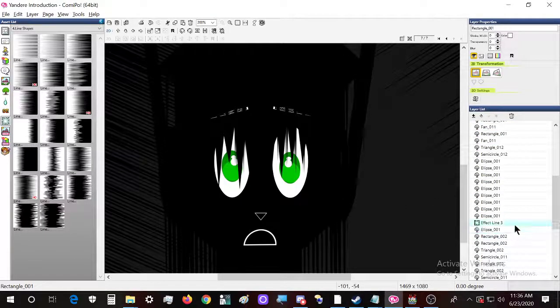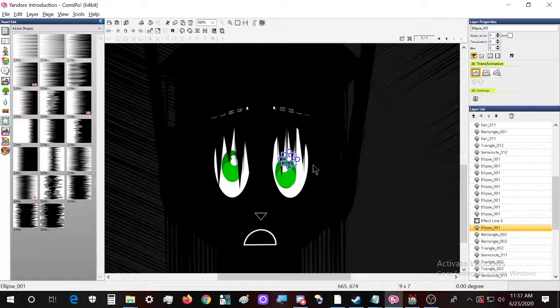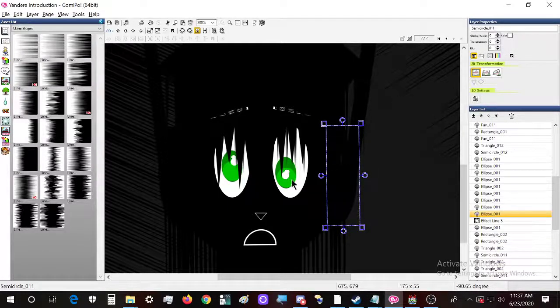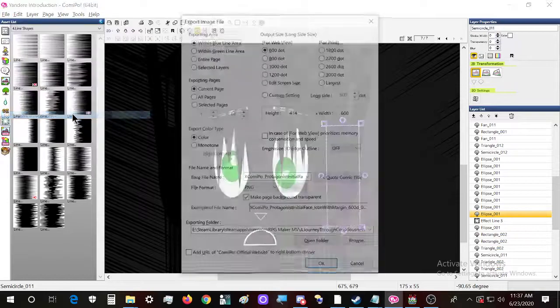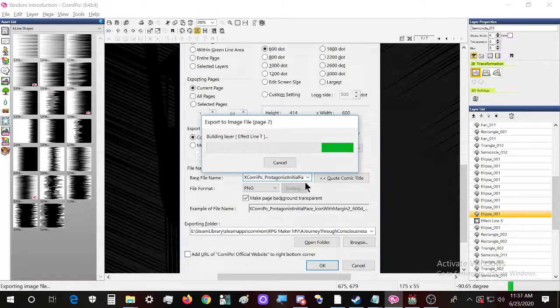Okay, this will be saved as margin 2, because the eye has to twitch in several directions.